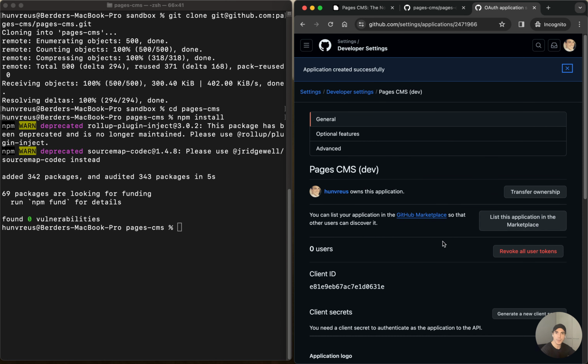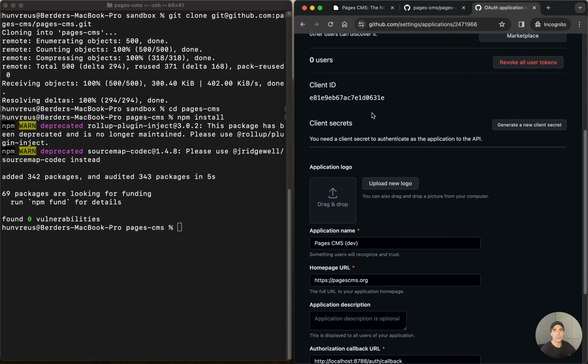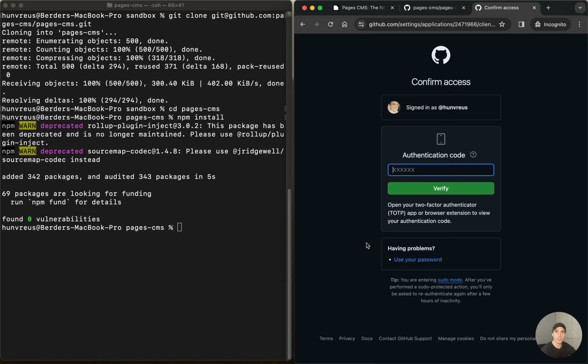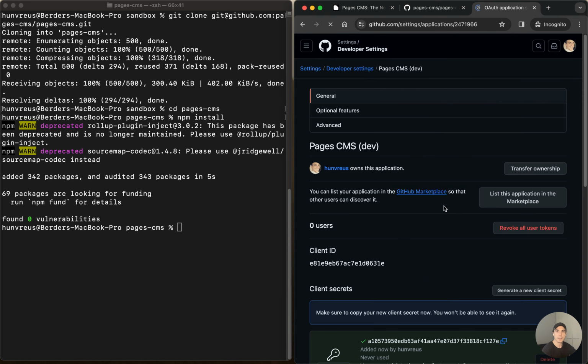Click on register the application, and I have a client ID, all great, but also will need a client secret, so I'm going to do just that. Give me a second, I need my OTP here for GitHub. And then right after we're done with this, we should be able to move on to the next step, which is